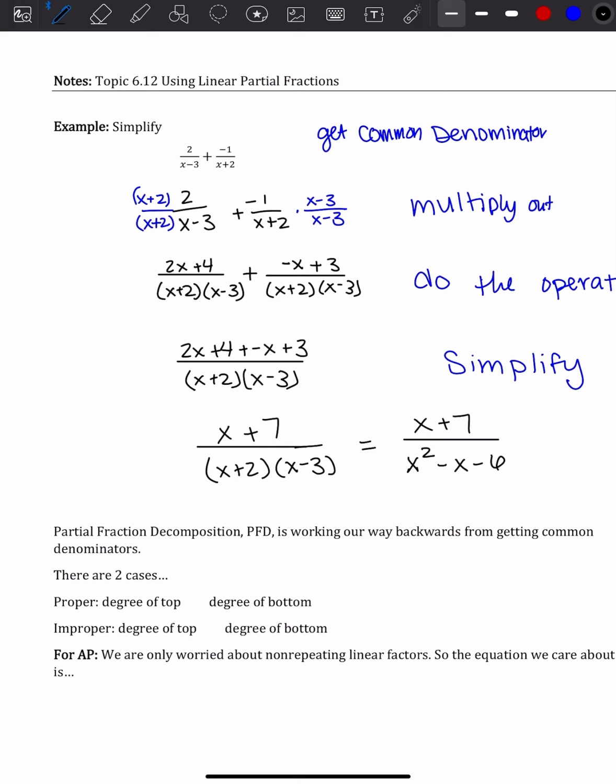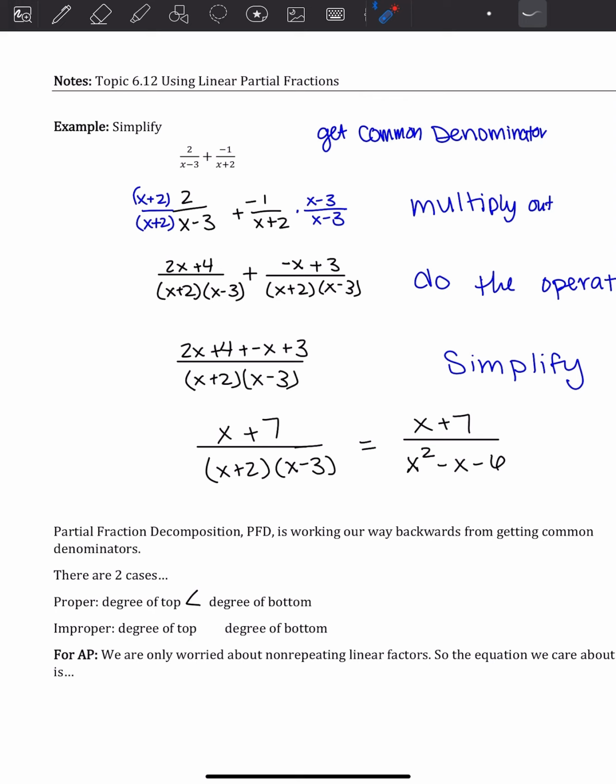There's a few things that we kind of need to know. There's two cases when we talk about partial fraction decomposition. The first, the degree of the top is less than the degree of the bottom. If we look at this final equation here, the degree of the top is 1, the degree of the bottom is 2, so the degree of the top is less than the degree of the bottom. And this would be our first case. This would be called a proper